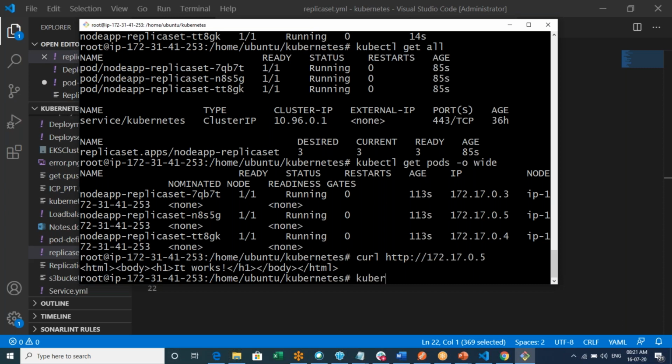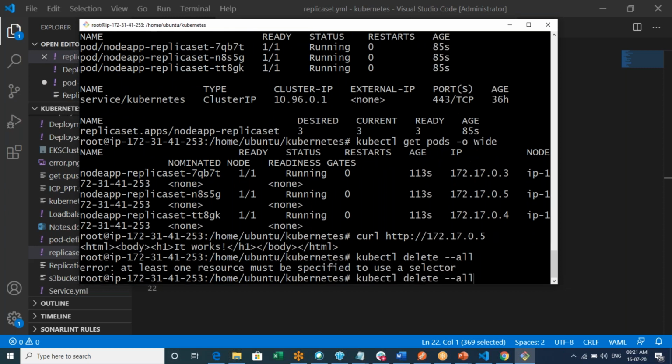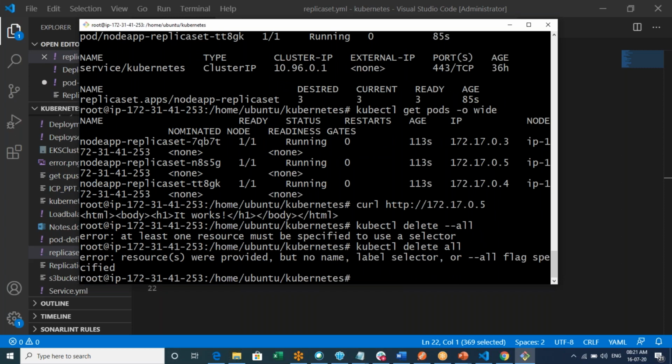So I am just saying delete now. kubectl delete. I think hyphen. I can do hyphen all, but for some reason it's not happening.